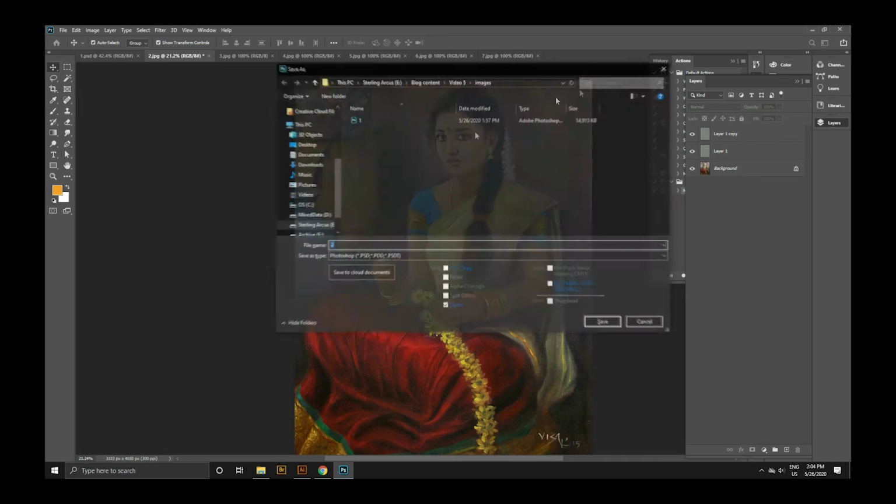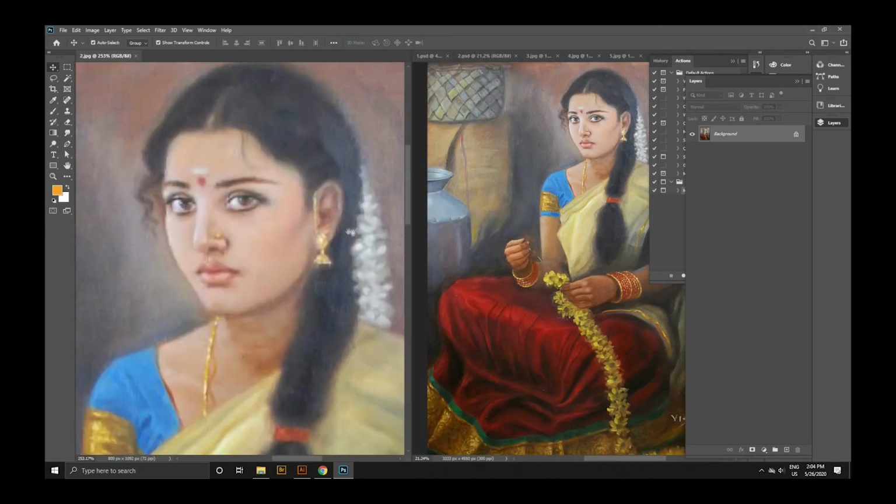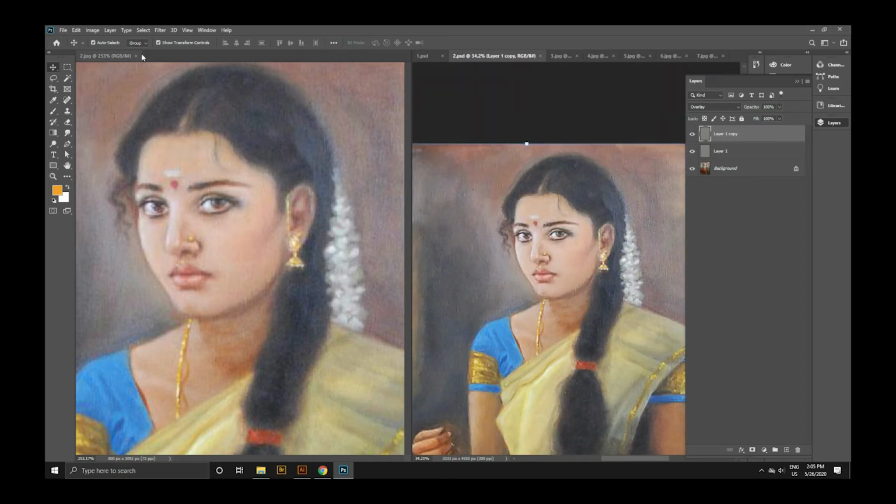I will save this as a PSD and I will open our original image, keep it side by side for comparison. This is our original image and this is our worked on image. The burnt pixels you can see in these areas are very visible. These areas where the pixels are burned, that is where the high pass value comes in. So you have to work them out depending on the quality of your image. Let's try out the other image.